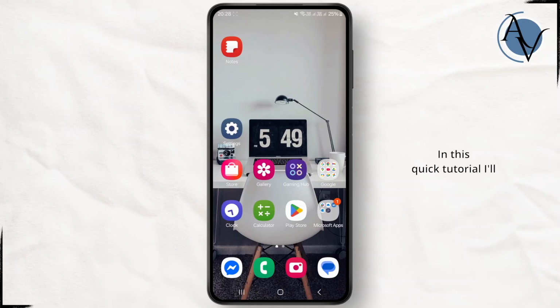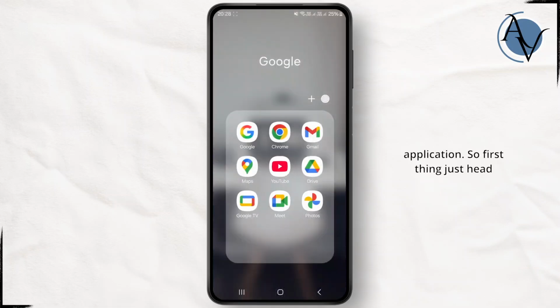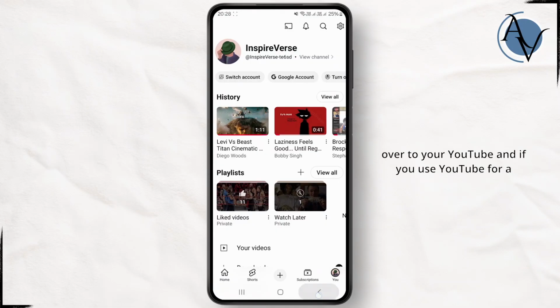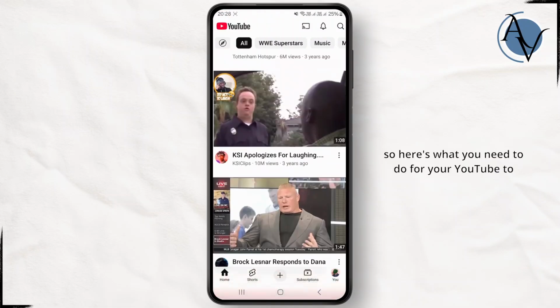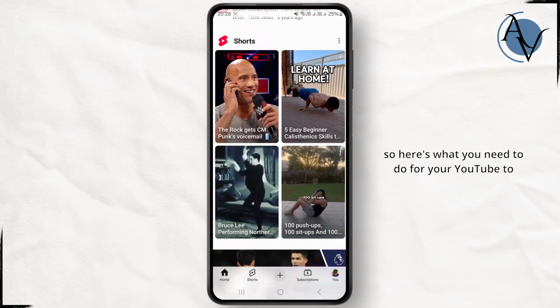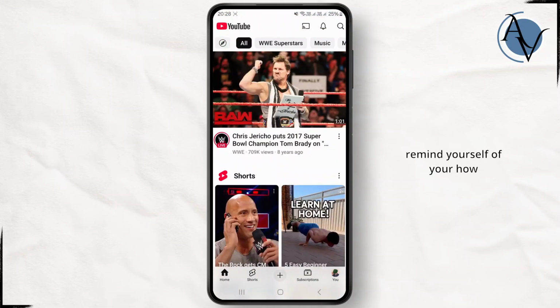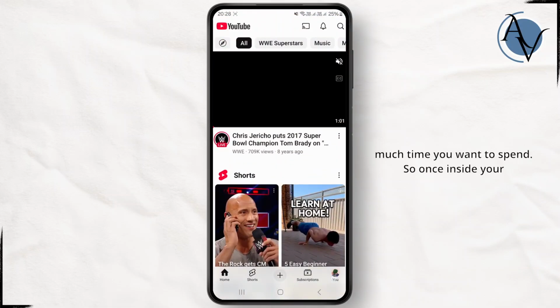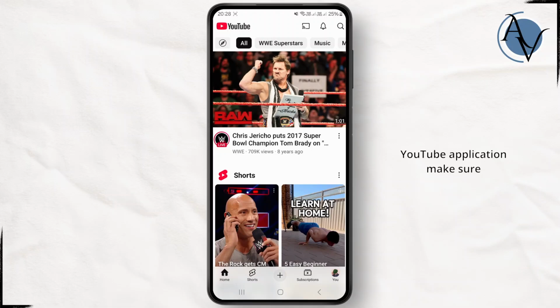In this quick tutorial, I'll be showing you how you can easily set a reminder on your YouTube application. So first thing, just head over to your YouTube, and if you use YouTube for a prolonged period of time, here's what you need to do for your YouTube to remind yourself of how much time you want to spend. So once you're inside your YouTube application, make sure you are signed into your account, and now simply select